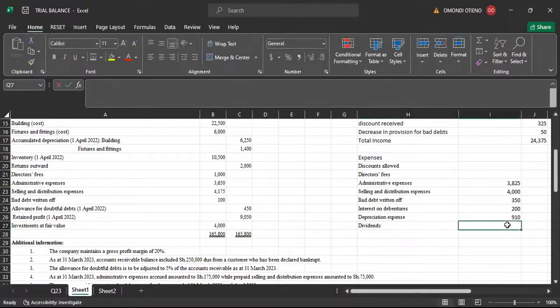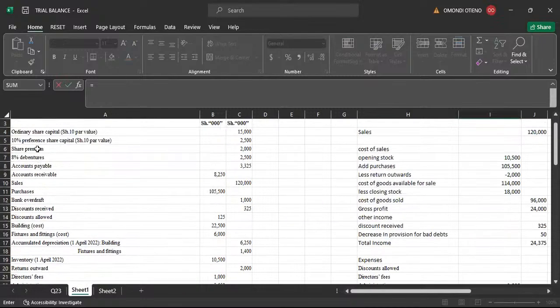We are being told the preference shares is 10%, so the dividend is already given because that's a fixed rate, 10% of the preference shares value. Then that we are going to add to